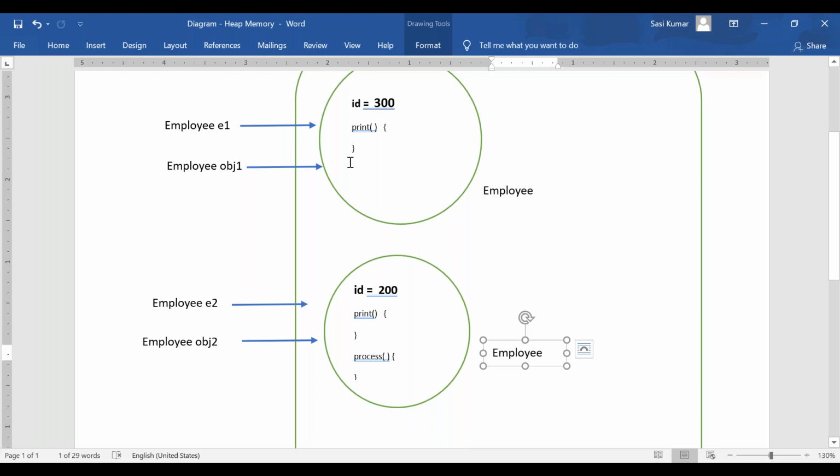The second two, E2 and obj2, both are pointing to the second object.